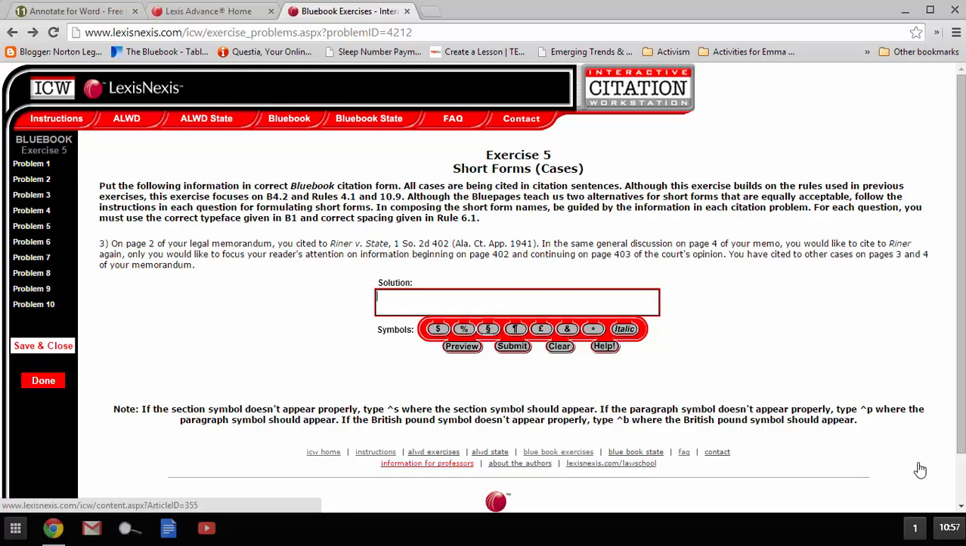This is the Bluebook Exercise 5 Short Forms for Cases explanation for problem number 3. So you're told in the problem that on page 2 of your legal memorandum you had a full citation, Reiner v. State, 1 Southern 2nd, 402, from the Alabama Court of Appeals in 1941. The problem tells you that in the same general discussion on page 4, you want to cite to Reiner again,